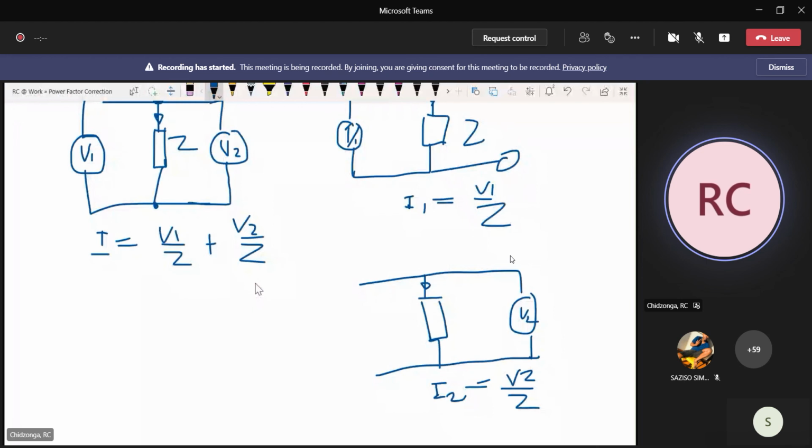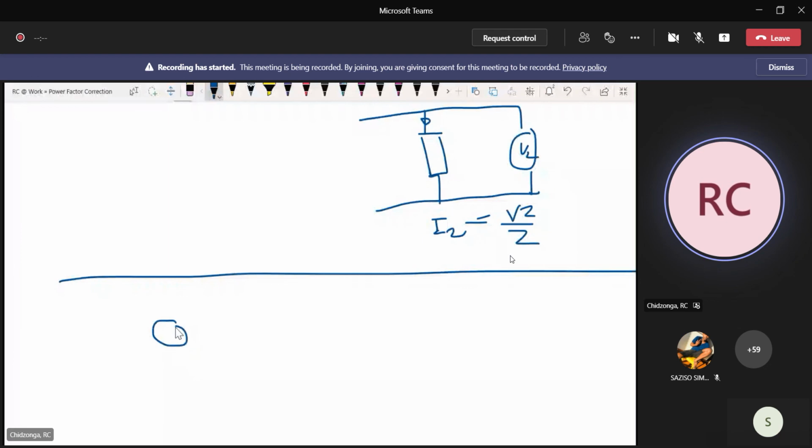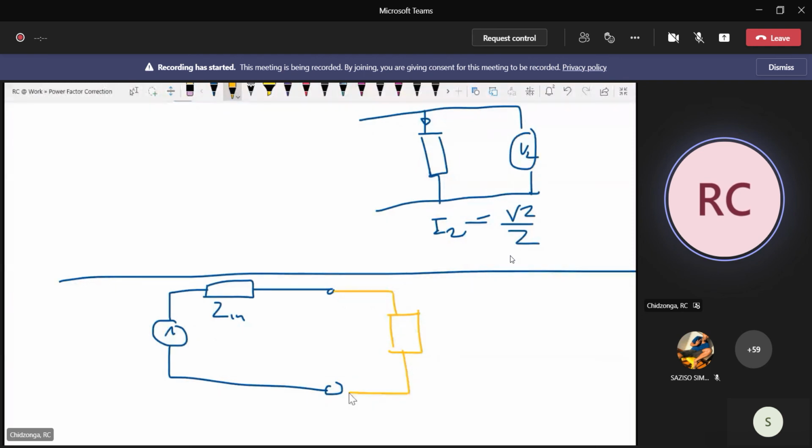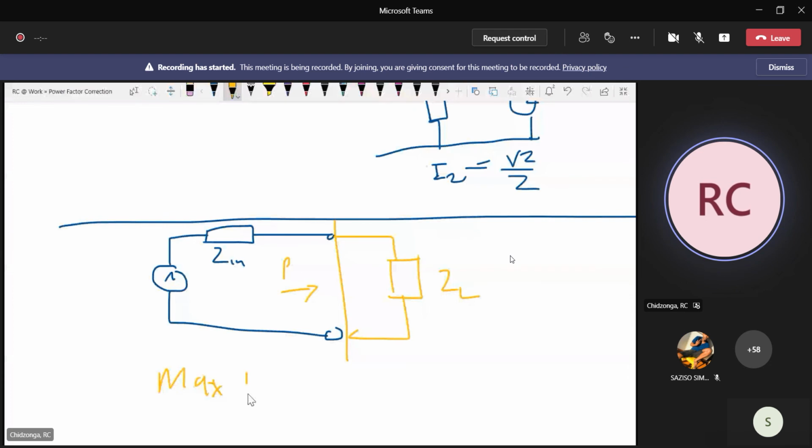Now, we go to maximum power transfer. When you have a source, remember a source has internal impedance of itself. If you connect this source, the source is supposed to supply a load with power. So if I've got a load, this is Z load now connected, and I'm supplying power to it. The maximum power theorem states that maximum power from the source to the load is transferred if ZL is equal to Z